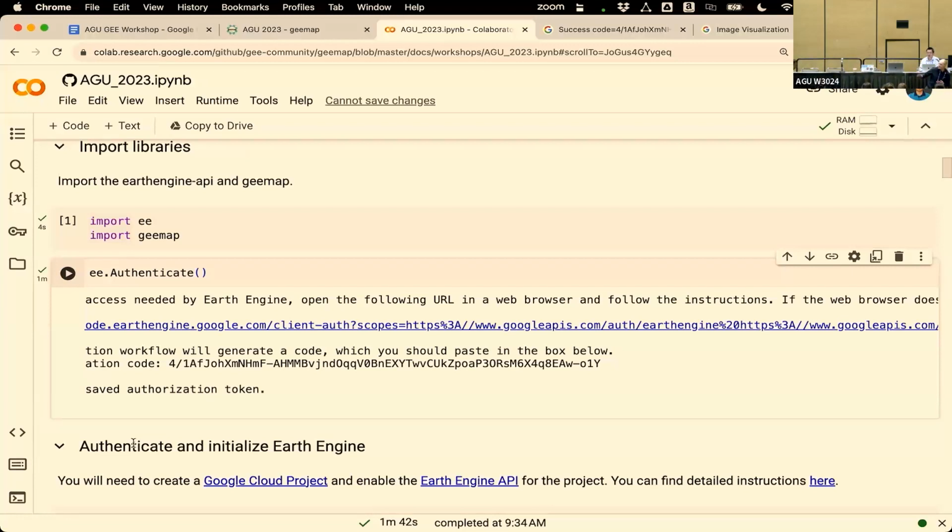Cost. So for non-academic. We want a project that has